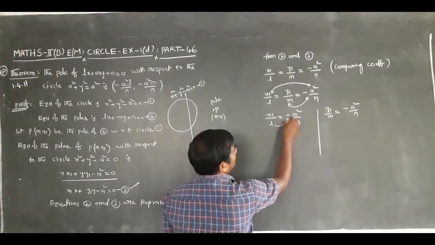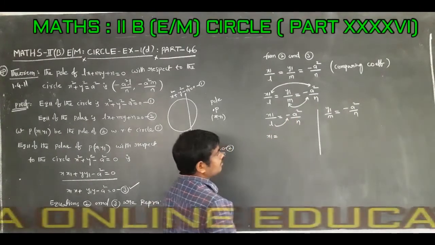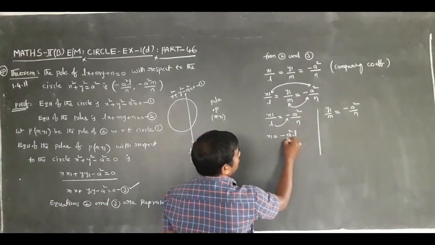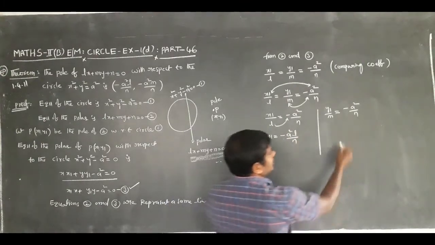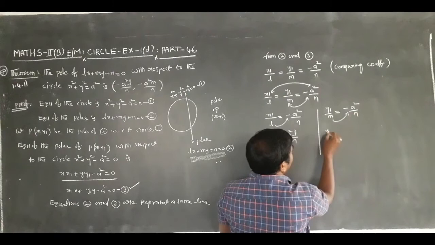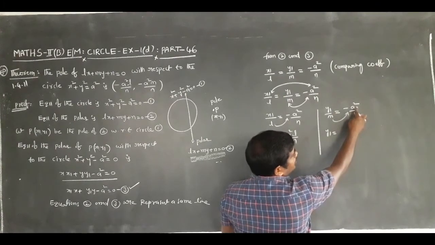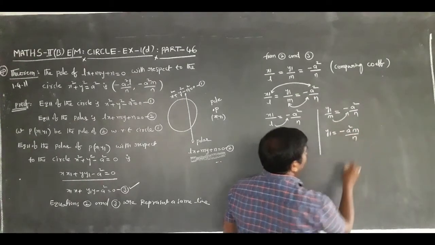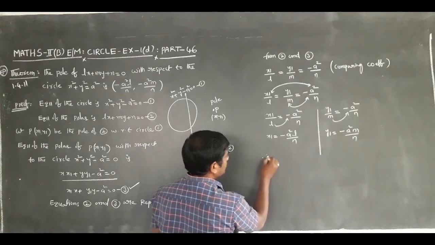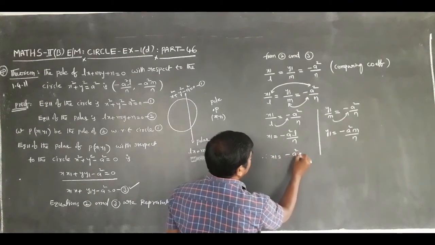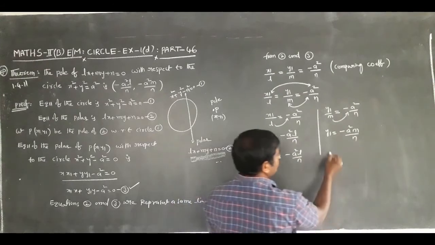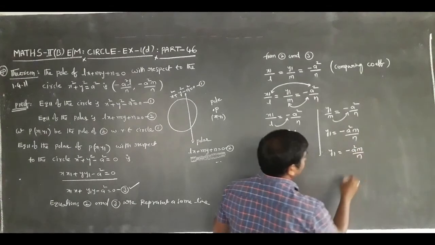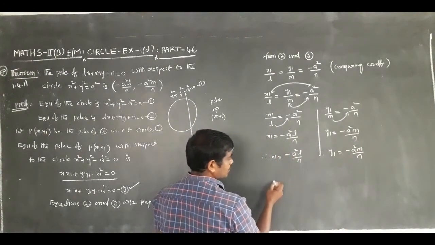Taking L to the right side, x1 = −a²L/N. Taking M to the right side, y1 = −a²M/N. Therefore x1 = −a²L/N, y1 = −a²M/N. Therefore the pole